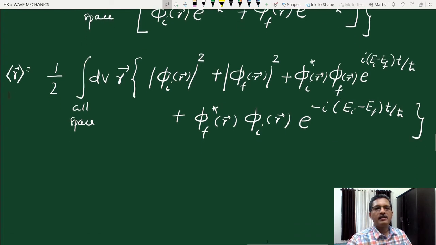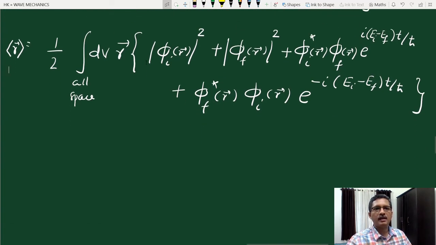So we can see that the first two terms are time independent. This term is time independent. So what is the importance of the expectation value of r? The dipole moment is minus e times the expectation value of r, the position vector. If the expectation value of r is time dependent, then the dipole moment is also time dependent, and there is a possibility of radiation, emitted radiation. But this first term here is independent of time, so it does not contribute to